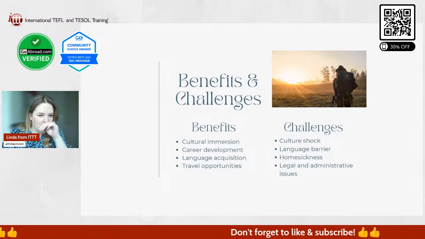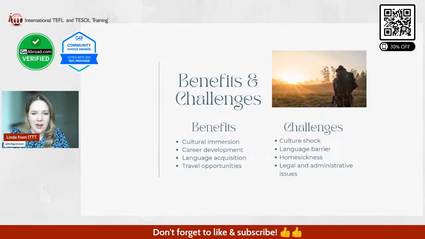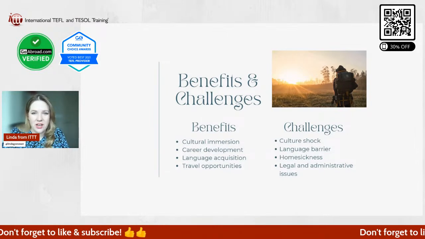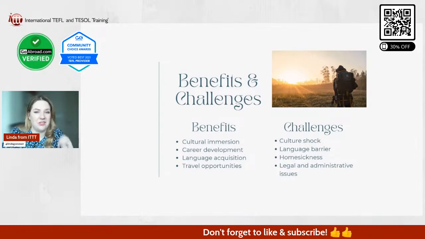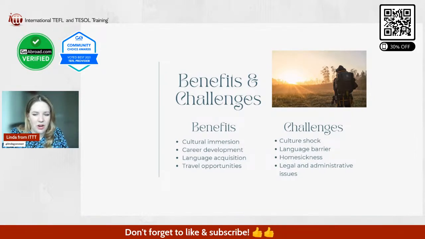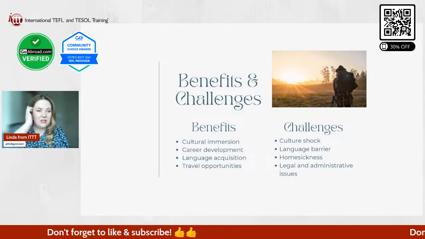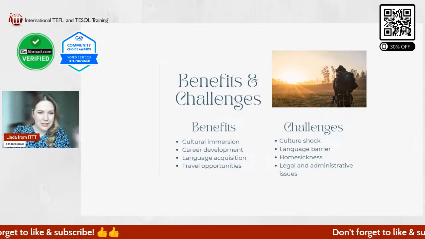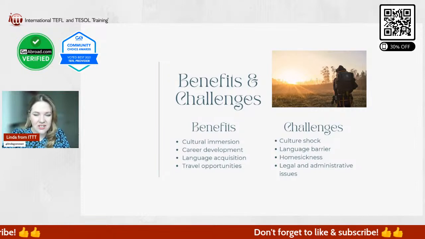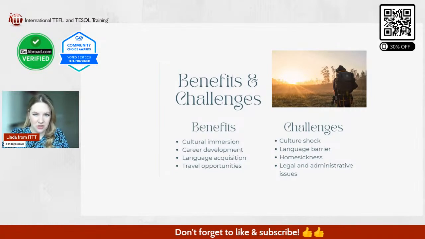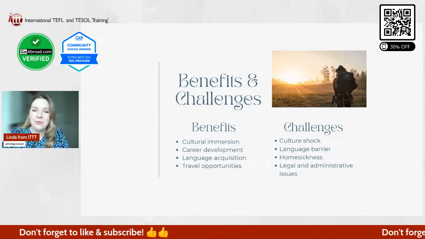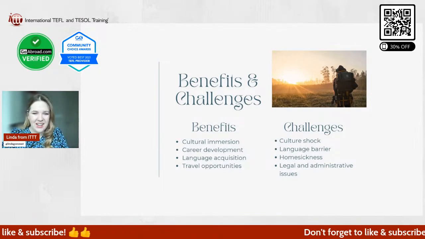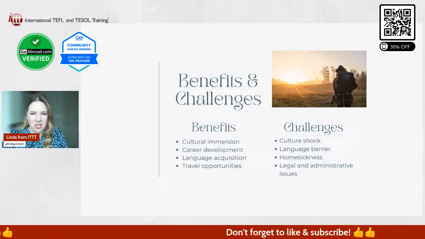But I also know that, for example, in Korea there are Facebook groups, like legal assistance in Korea and stuff. So there are groups like that. And always ask other teachers as well. So if your employer asks you to do something that you think, is this legal, is this okay, ask other teachers, online, or just friends at other schools that you make, is this okay? And if it's not okay, speak up. So just know that this could be a challenge, right?